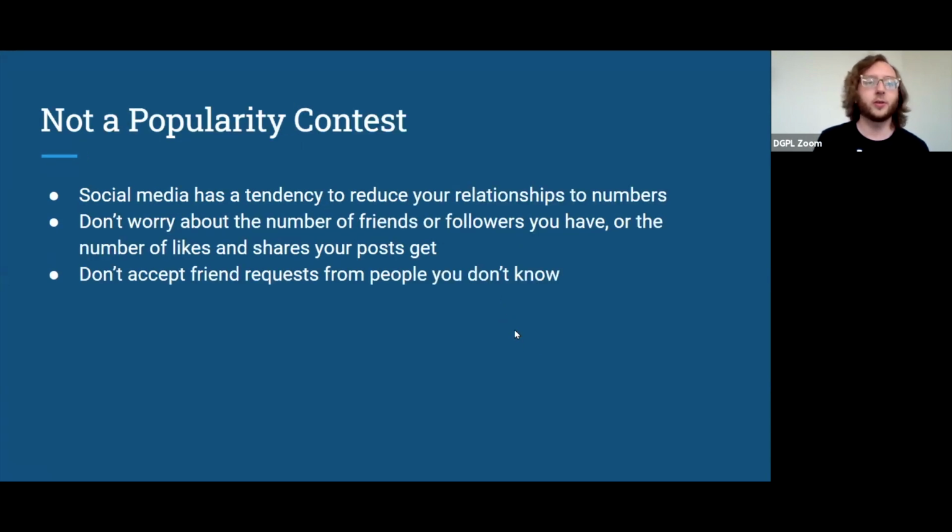And then last, I want to say social media is not a popularity contest. It has a certain tendency to reduce your friendships and relationships to numbers, like how many likes did this get? Oh, this post got more likes than that one. A lot of people commented on this photo I posted, whatever.